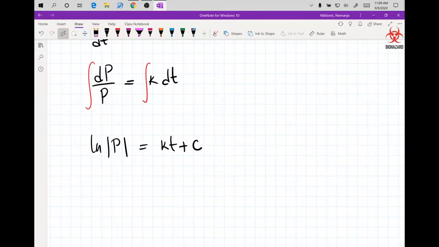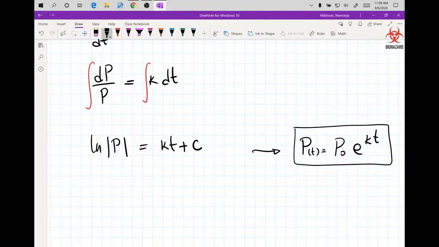And that eventually gave us the form of population in time equals the initial population times e to the kt, and we talked about it as the model and all of that stuff. Now I want to go back and make sure